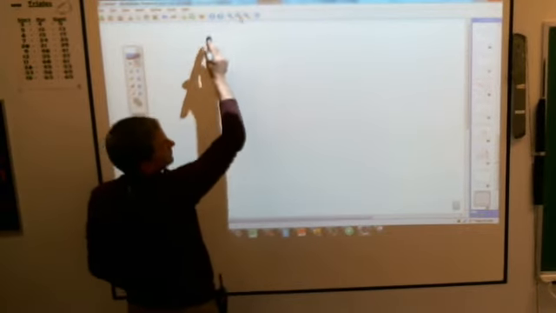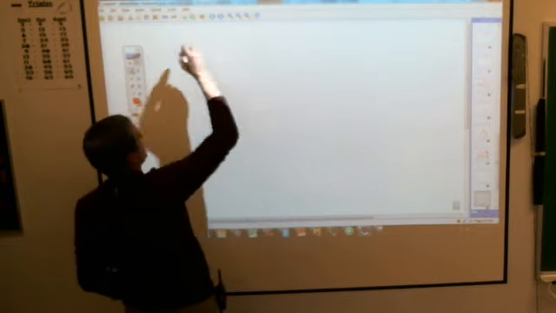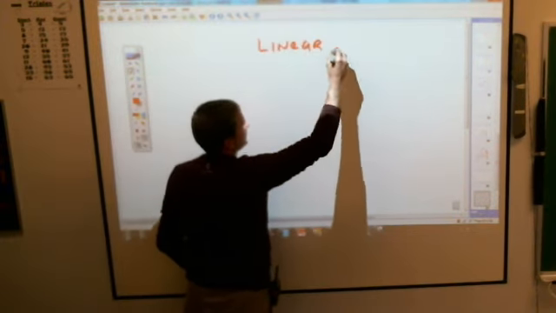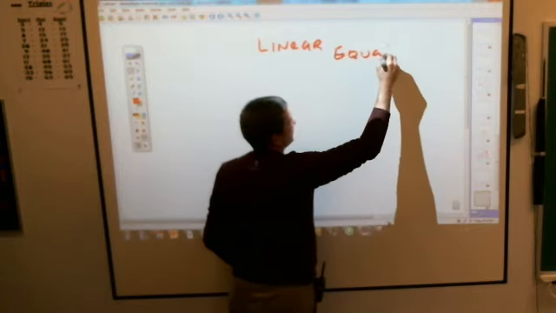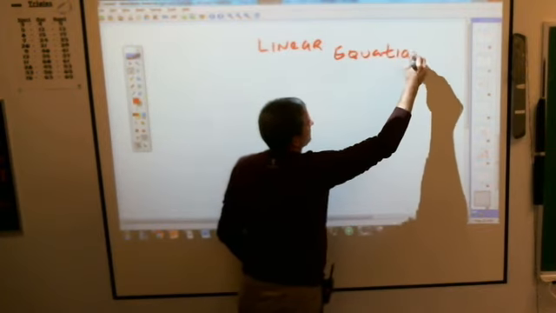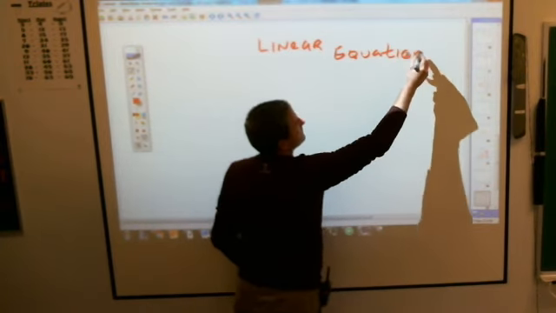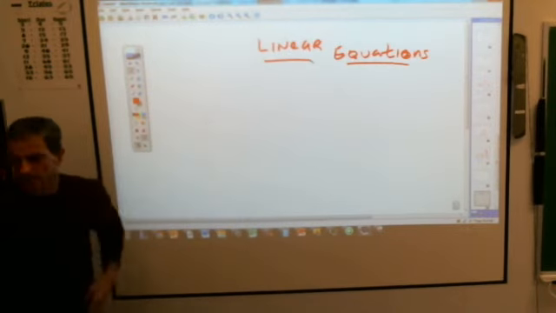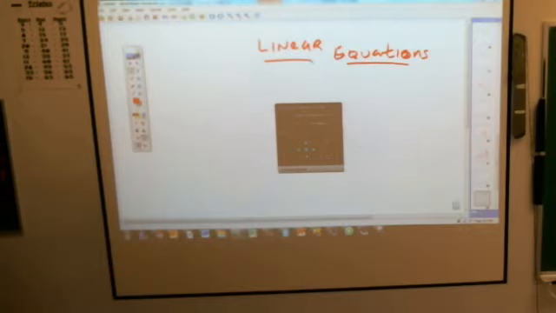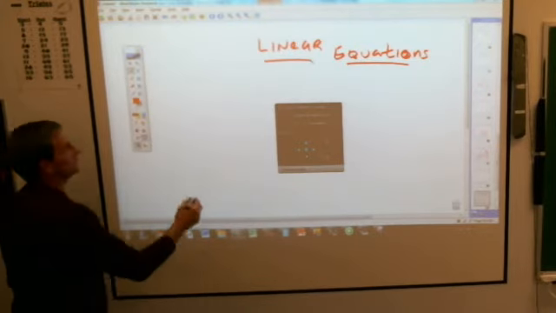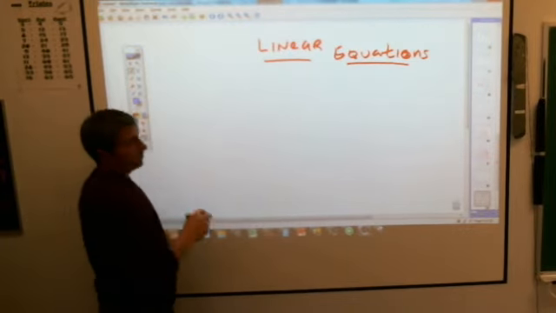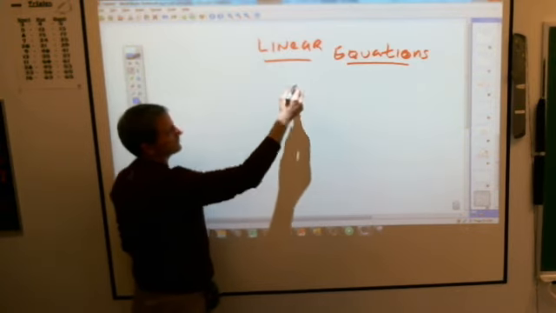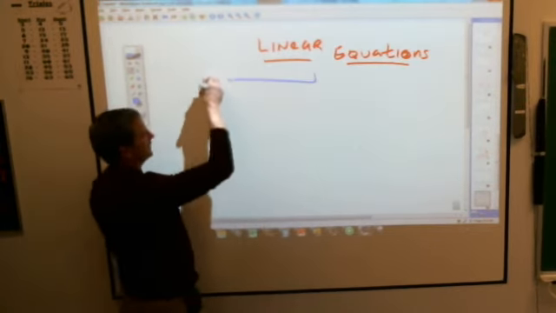Linear equations. Why do you suppose they're called linear equations? Because they're equations that give you lines. Remember we talked about parabolas? That would not be a linear equation. That would be a quadratic. Anyways, right now you're going to have two. There's three different ones we'll probably get into, but two we know. We have a linear equation that is